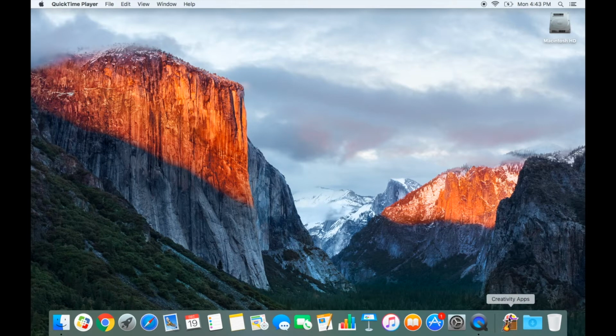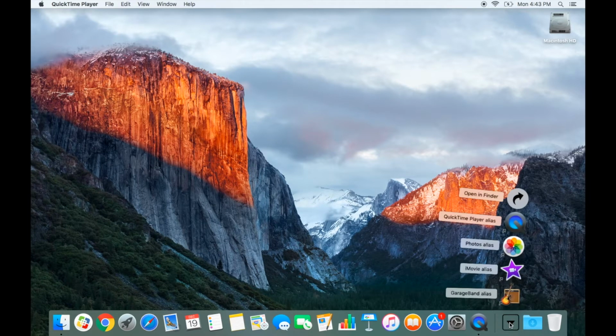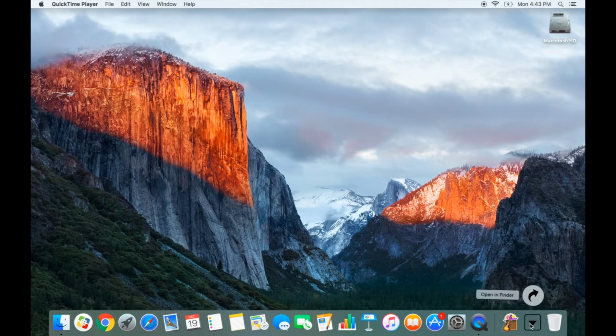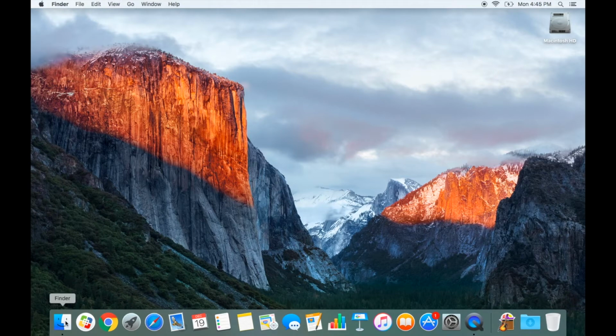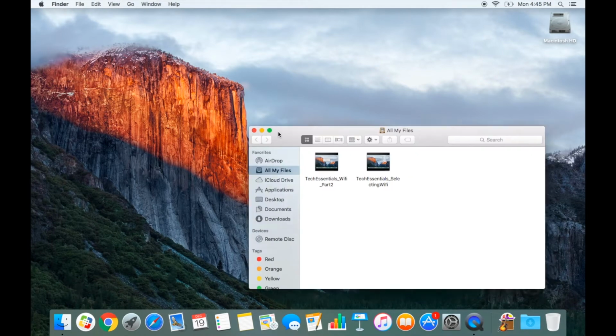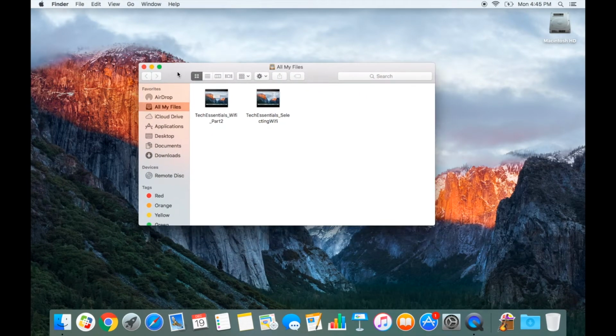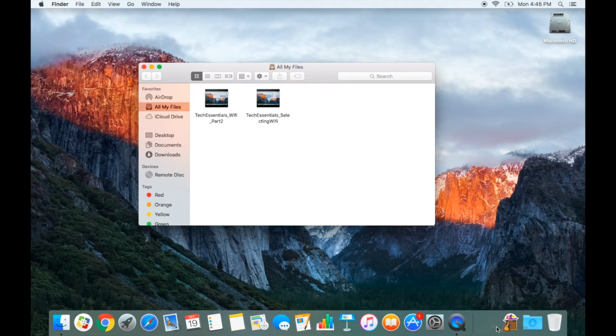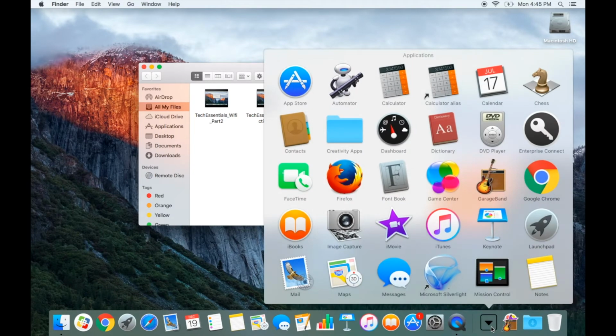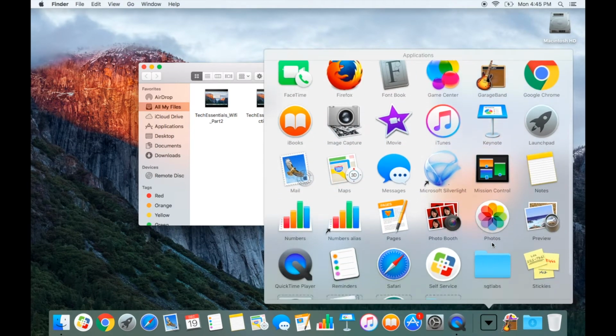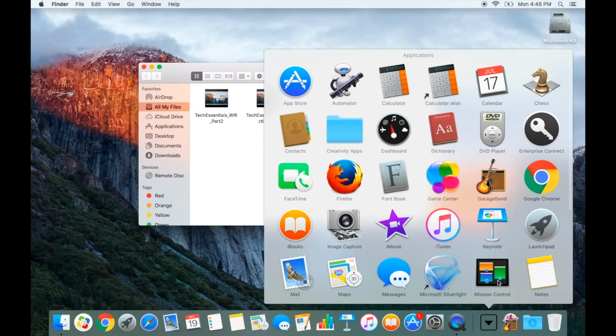Stacks are located to the right of the dock and they can contain different apps or different folders. If you would like to create a stack for another folder on your computer, you can easily do so by clicking and dragging any folder on your computer down to the dock. In order to do this, you can click on a shortcut to that link, such as this Applications folder, and drag it down. This will now show all of the applications that I have on my computer in my Applications